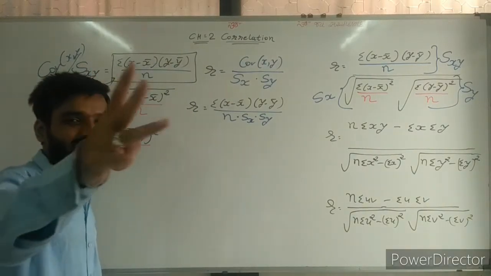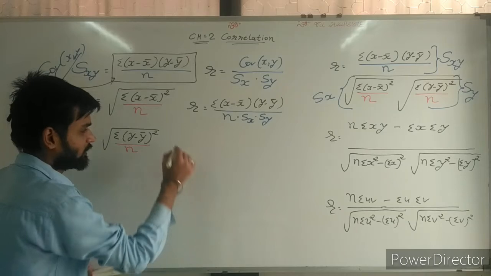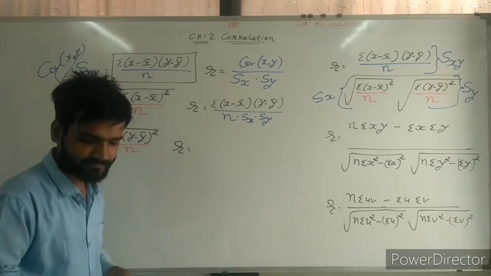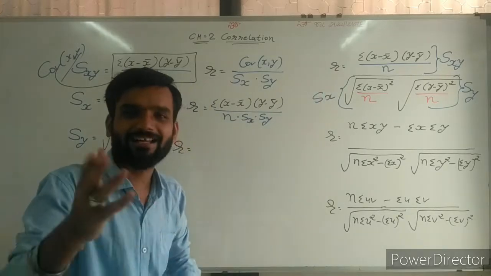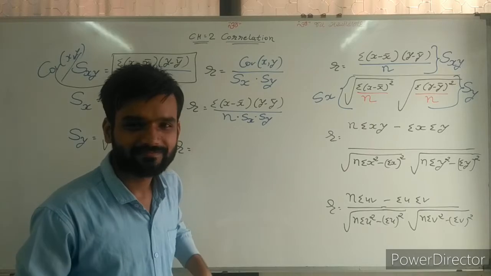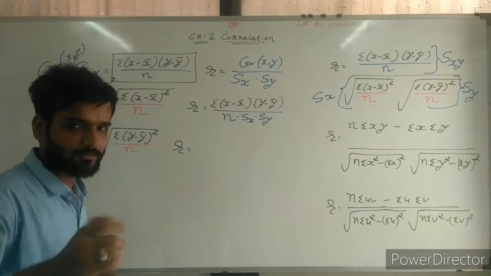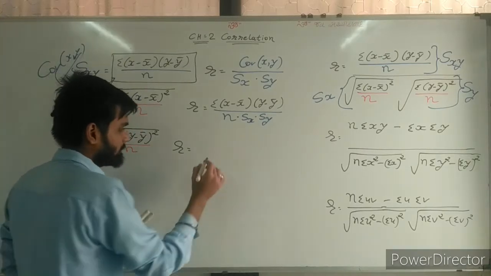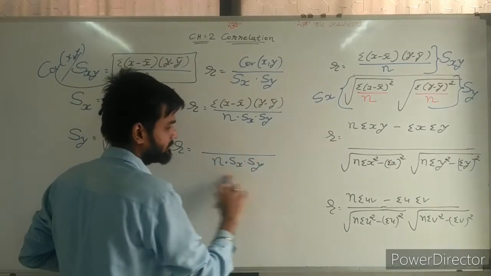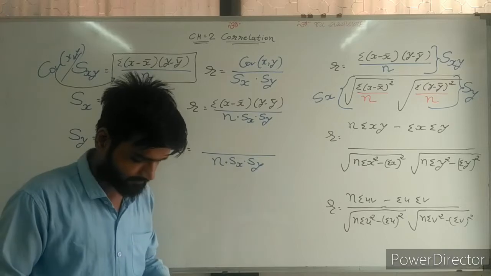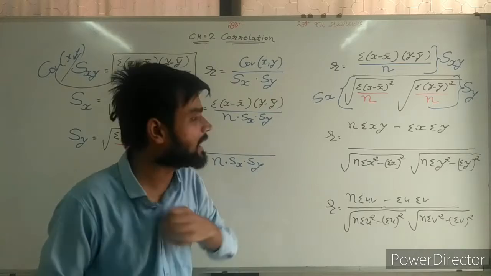Now sir, third formula also. Now we are making the third formula of R, correlation coefficient R. Sir, first formula clear. Now you try the second also. How can we find it? Now, first of all, the denominator remains the same. So I am writing here n Sx Sy. Denominator same. Now the logic which is applicable here, that I am applying here also.